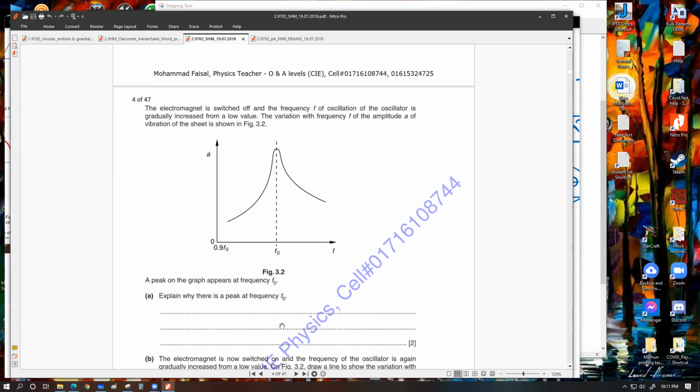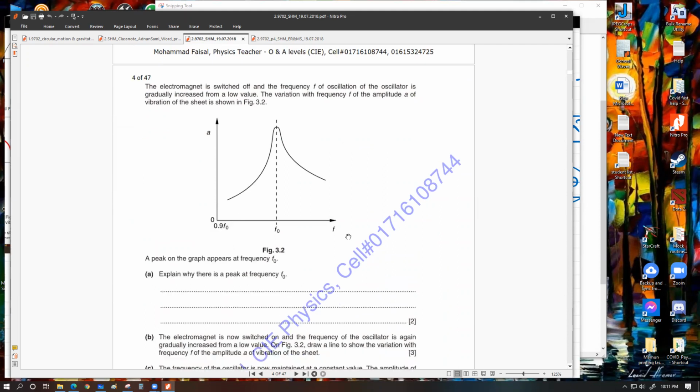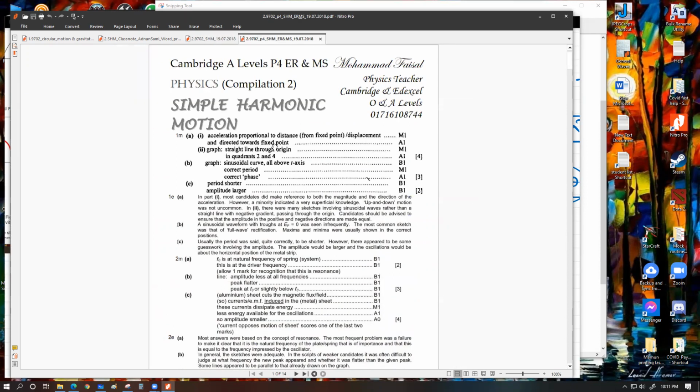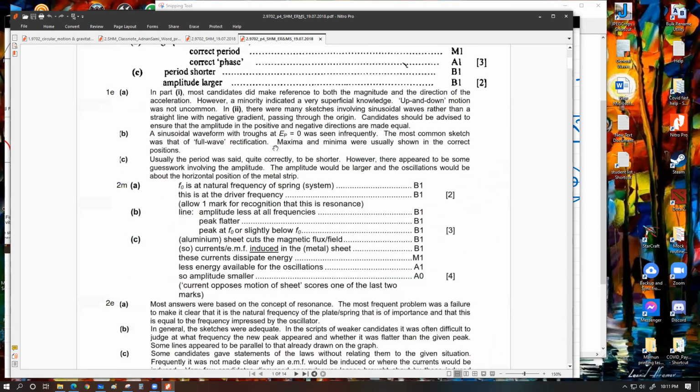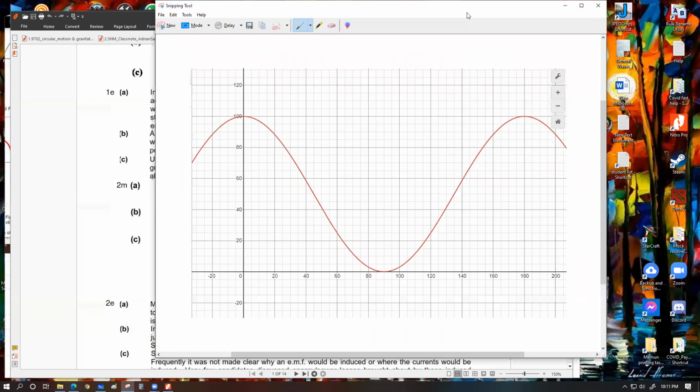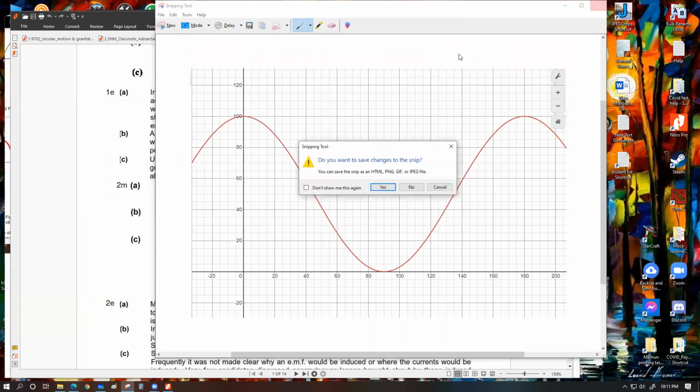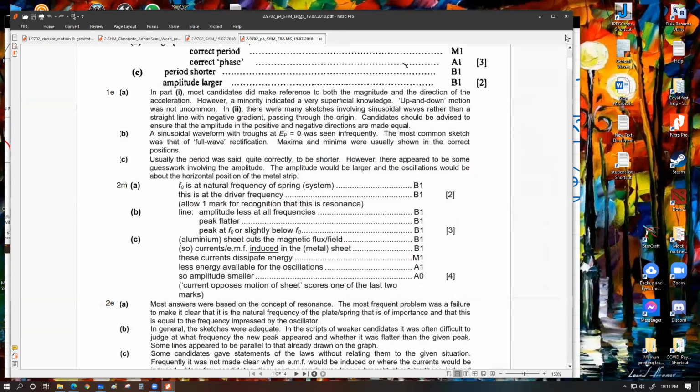সেখানে তোমার রেজোনেন্সের কনসেপ্ট ইউজ করে গুছায় এই কোশ্চেন আনসার লিখতে হবে। আনসারটা ওরা কিভাবে এক্সপেক্ট করছে আমরা মার্ক স্কিমে দেখি। 2 এর a, what they are expecting: f naught is the natural frequency of the spring system. This is the driver frequency. Now f naught is the natural frequency. এটা হচ্ছে একটা স্টেটমেন্ট, এবং when that driver frequency perfectly matches,